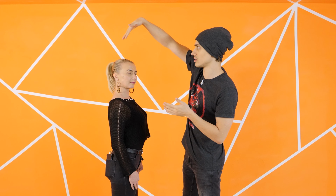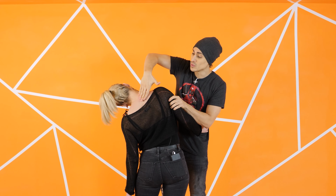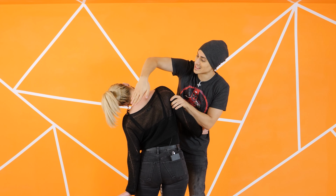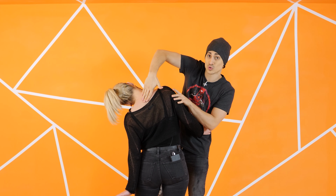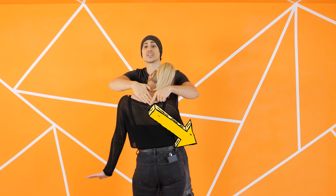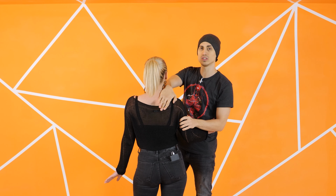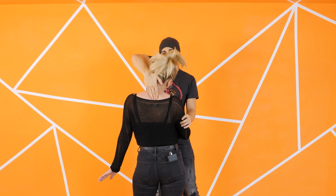One last thing, you have to use, as I said, your palm, and especially when your hand is on her back, your fingers. But I don't mean the tip of your fingers, but the actual whole fingers. So from here, I will stop here and you will see my fingers are directed diagonally. After her head comes towards me, I rotate my palm, my entire hand, and my fingers are directed in the other way. So when you're doing the head roll, don't do this, like this, and like this, because it's gonna be